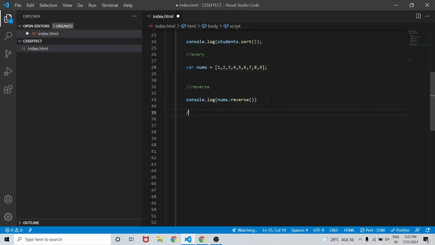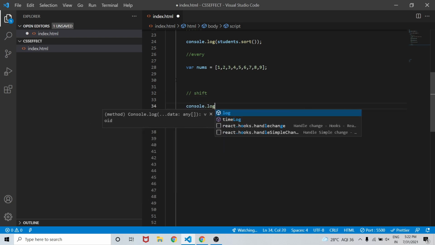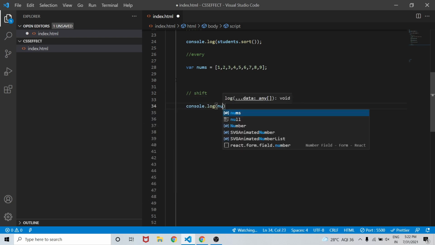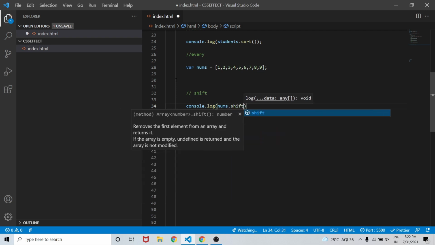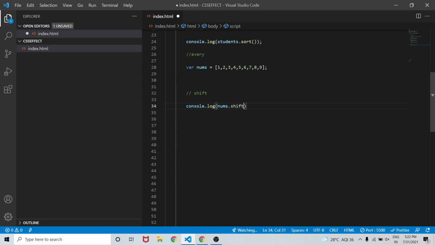Now we will see another method. Let's remove reverse first, and let's go ahead and see what is shift method. So shift method will remove the first item from our array and it will give the length.